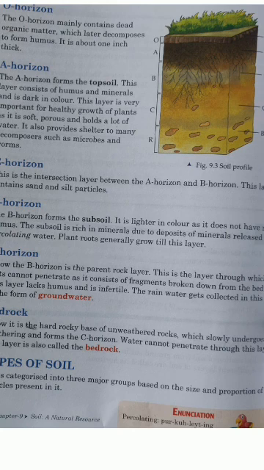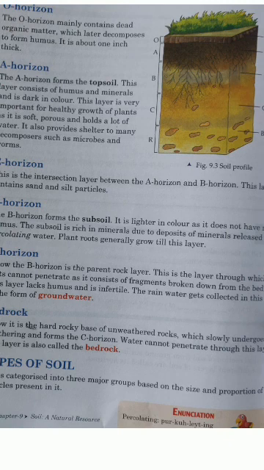Then comes the E horizon. It is the intersection between the A and B horizons, just a minute layer which does a temporary sort of demarcation between the A and B horizons. Then we have the B horizon, which is also called the subsoil. It is rich in different types of minerals because of the percolation that takes place, where the water goes through the different layers, so the minerals get stuck in this B horizon, right?